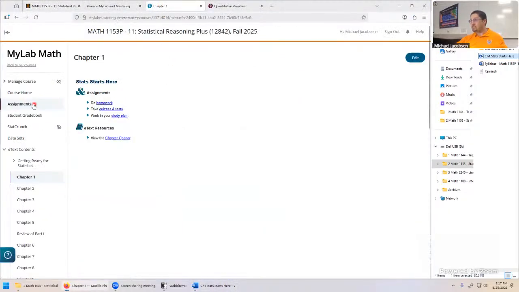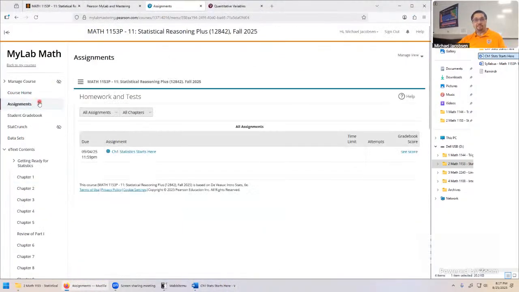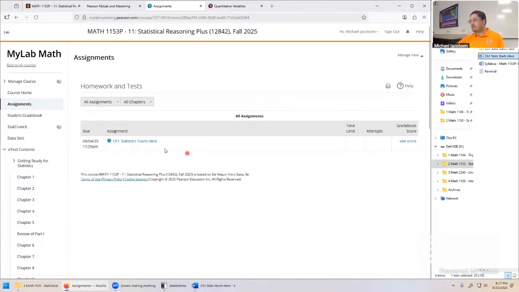So, back to the whole homework system. It's pretty basic. Click on assignments. Your assignments and due dates are going to be posted here. My due dates are all about pacing in the course. If you keep up with the due dates, you're doing really well with keeping up with the material in the class. It's going to make studying for the exams a lot easier. But if life gets ahead of you, and you fall behind on the due dates, you can still come back in here and complete this for full credit.